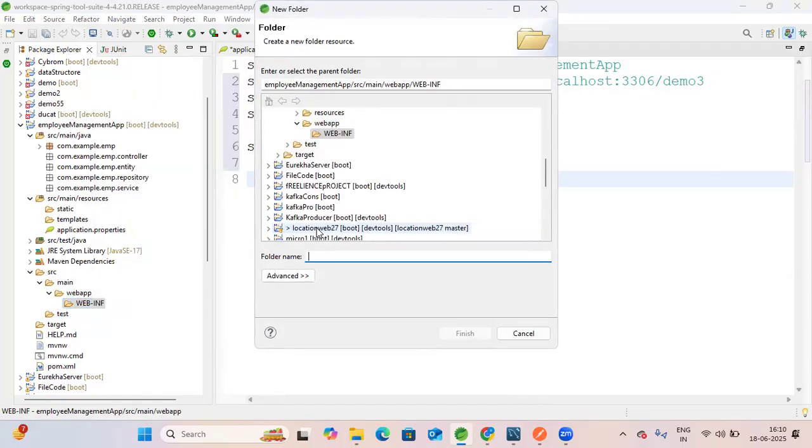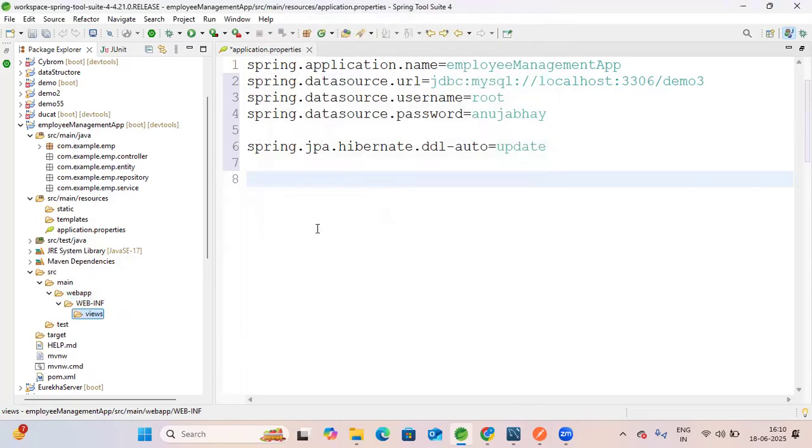You can write view or JSP page. So I am writing views page, okay, not capital, this will be small, views. So this is the structure: we have src, main, then webapp, then inside webapp you have WEB-INF in capital letters. Then we have the views folder, and inside the views folder you will create